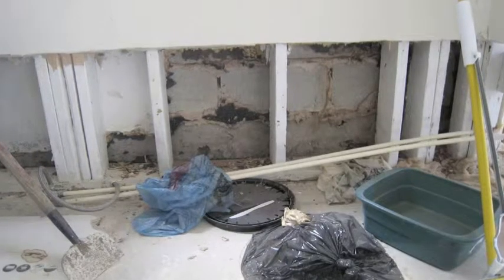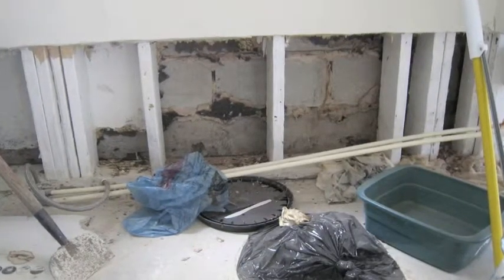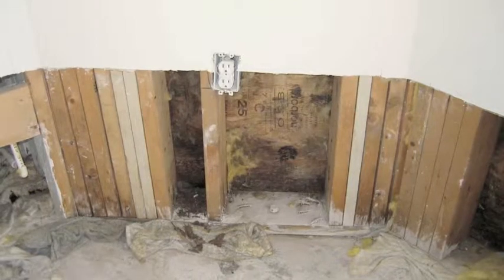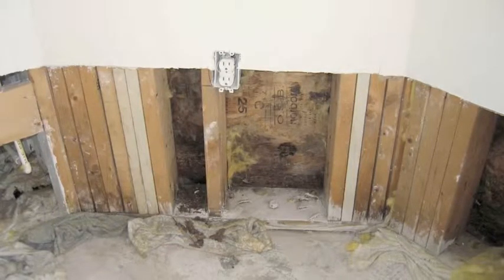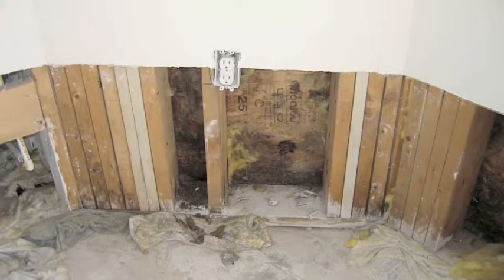Now here's a picture of a home where there was no flashing and weep holes at the base of the wall. So during rain events, the water was just coming into this home, just actually pouring into this home. And this is actually the person's kitchen, and they had to take out all the walls, all the floor, and move all their furniture into the back of the room, and actually move her out to a hotel while they were correcting this. So that is why it is important to get a transition study, because it gives the board,